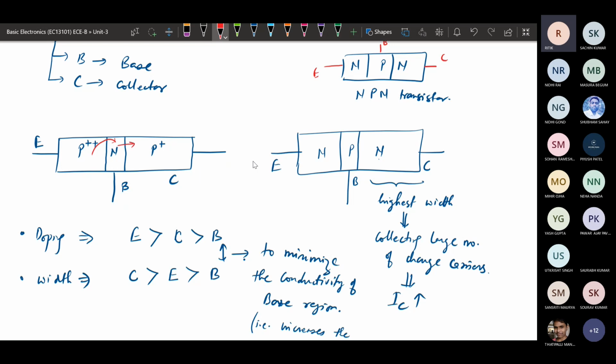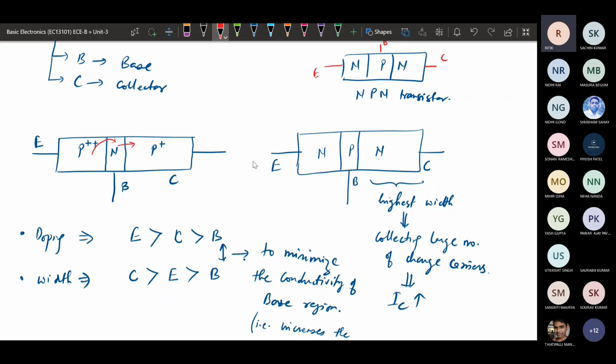Our motive is that whatever charge carriers are emitted by the emitter terminal should move to the collector terminal, and those should be part of the current flow. But if the base is highly doped, most of the charge carriers will combine there, so fewer would be transmitted to the collector region.